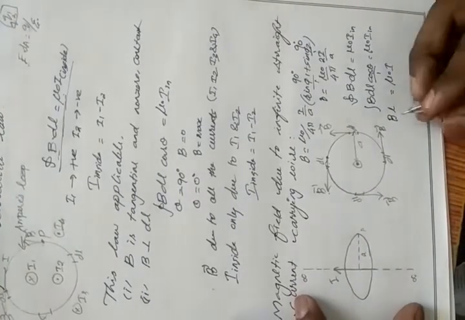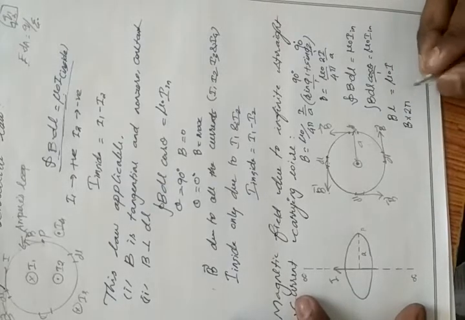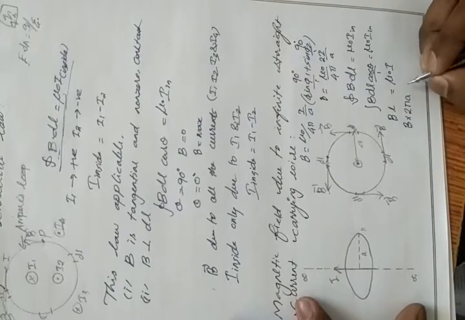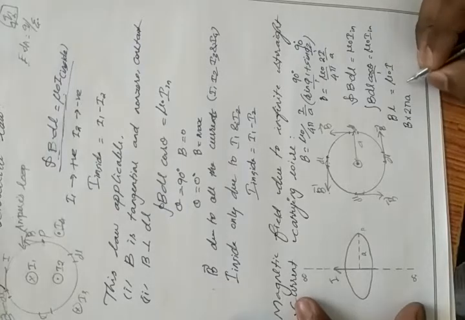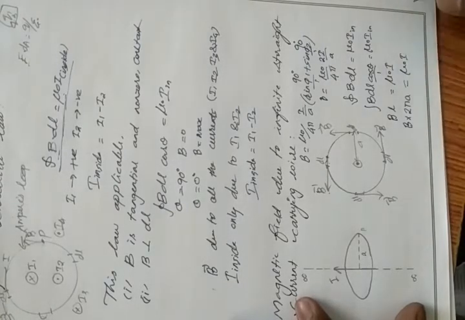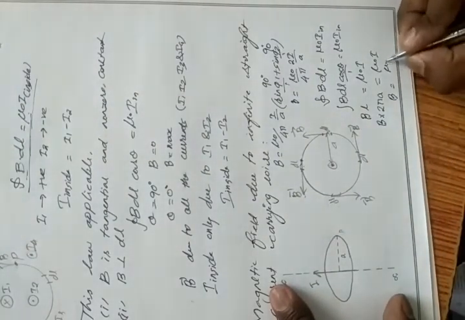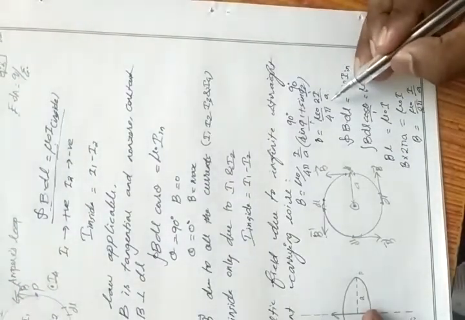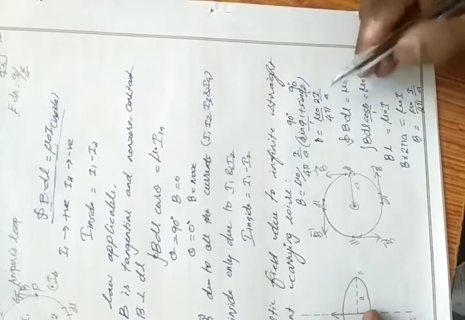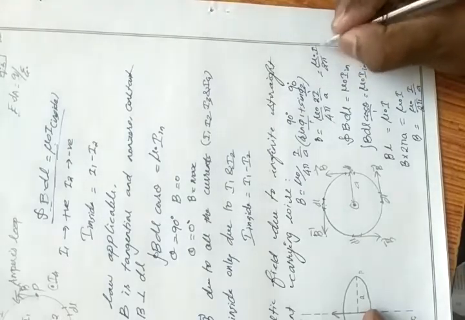What is the formula for the circumference of the circle? That is 2 pi r, 2 pi into radius. Here we take radius as a. So I can say 2 pi a. This is the circumference of the circle. So our length will be equal to 2 pi a, then mu naught I. From this equation, take the magnetic field B equal to mu naught by 2 pi, then I by a, similar to this equation. You see this equation? Here we get 4 pi 2I. If you cancel this, then you get the same equation, mu naught by 2 pi I by a.